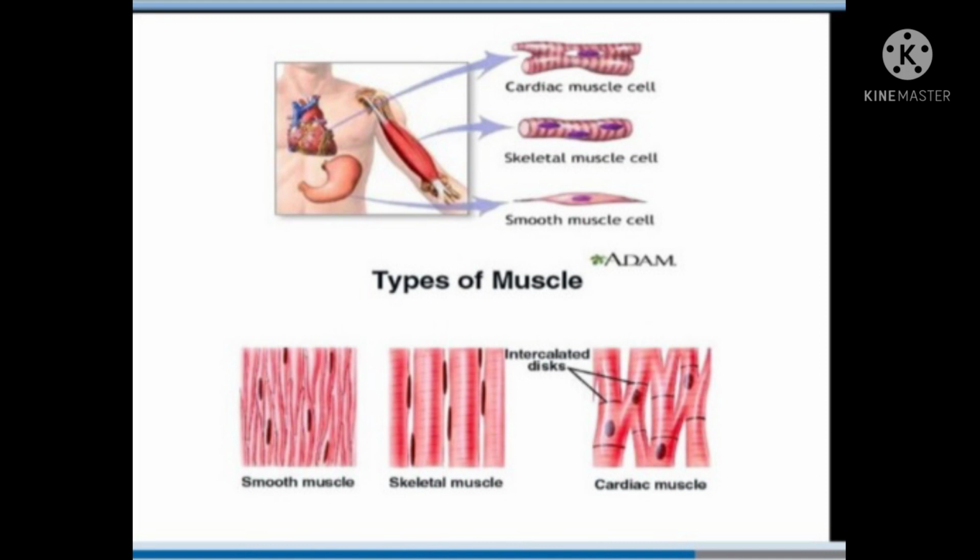The movement of food in the alimentary canal or the contraction and relaxation of blood vessels are involuntary. We cannot really start them or stop them simply by wanting to do so. Smooth muscles or involuntary muscles control such movements. They are also found in the iris of the eye, in the uterus, and in the bronchi of the lungs. These cells are long with pointed ends and have a single nucleus. They are also called unstriated muscles.